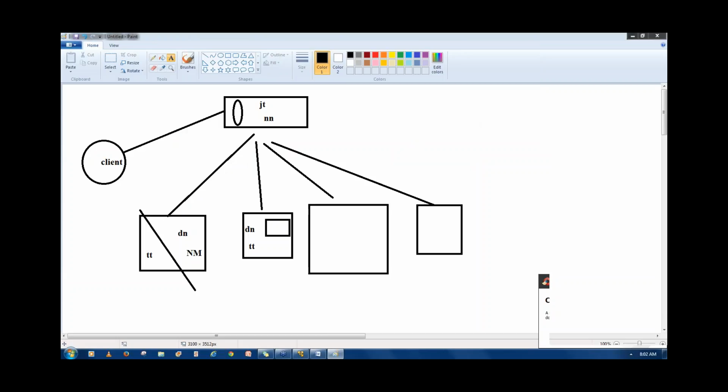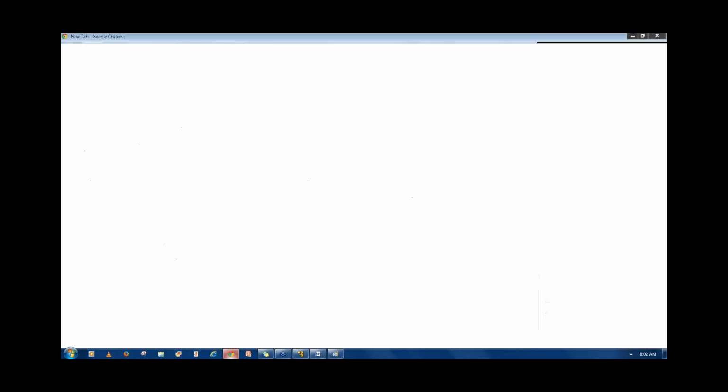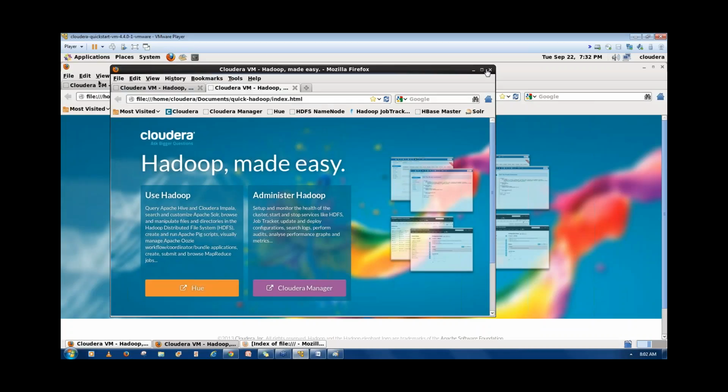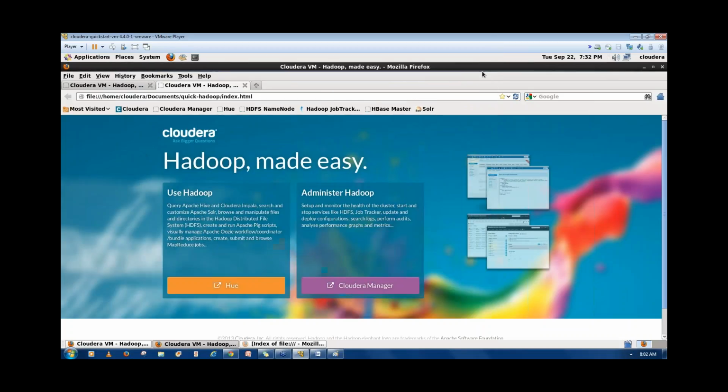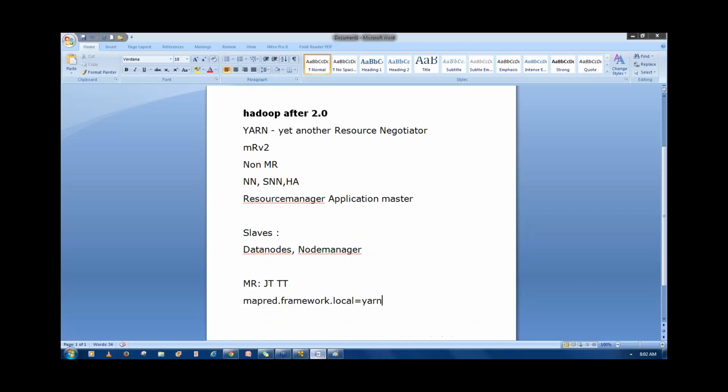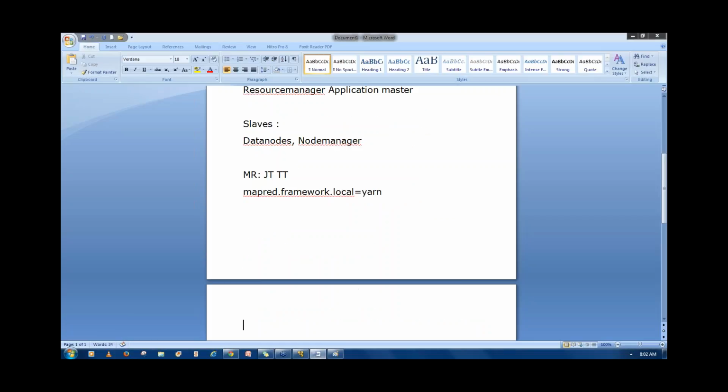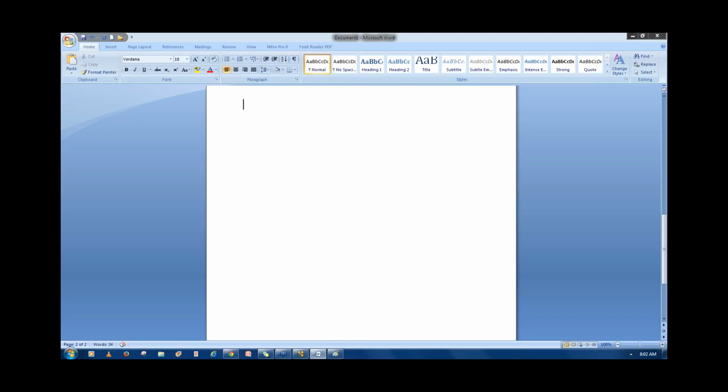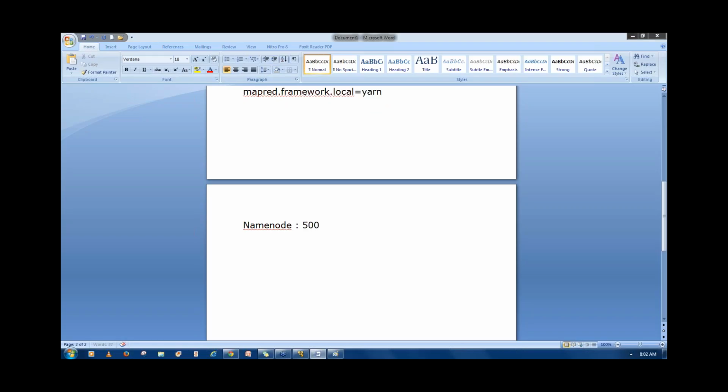Now see here, I just want to check all these things: where the name node is, where the data node is. Try to remember these port numbers. The name node runs on 50070,